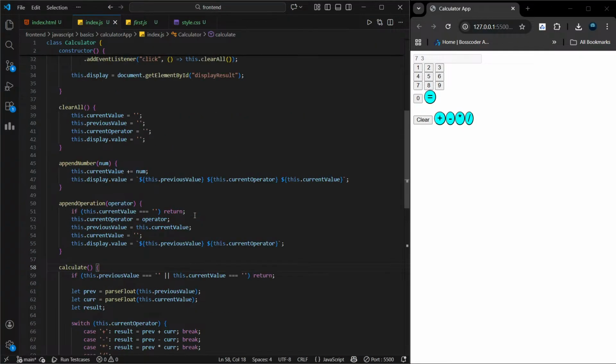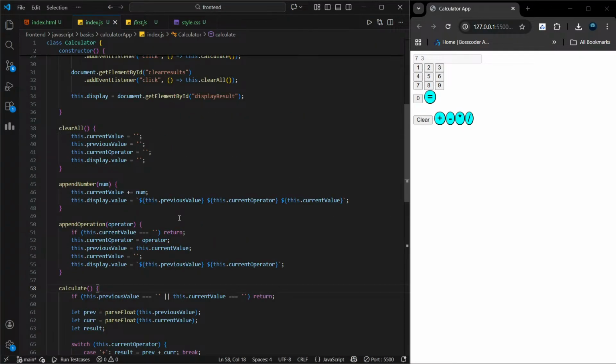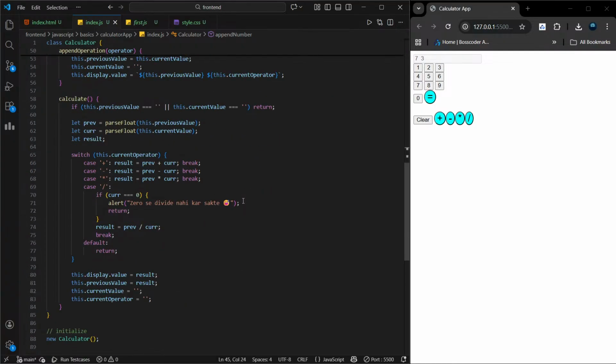मैं समझ गया, तुम्हें हर बार जब नया ऑपरेटर क्लिक हो तब डिस्प्ले को अपडेट करना होगा। जब रिजल्ट आ चुका हो तो उस रिजल्ट को प्रीवियस वैल्यू में रखो, करंट ऑपरेटर को नया सेट करो और डिस्प्ले पर उस ऑपरेटर को भी दिखाओ। इससे यूज़र को पता चलेगा कि अगली कैलकुलेशन किस ऑपरेटर के साथ हो रही है। वेट वेट,